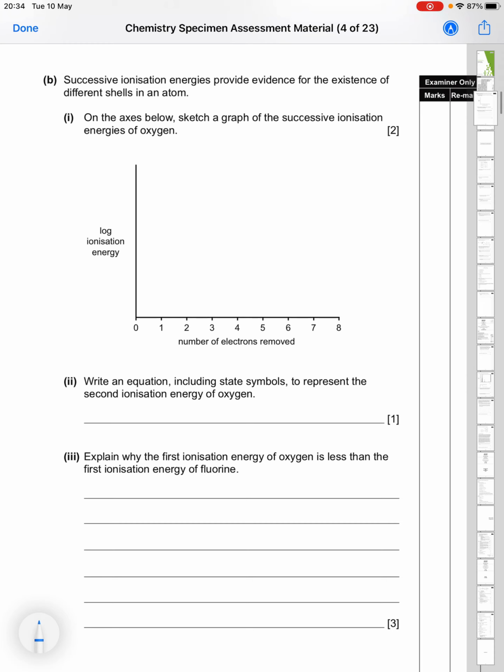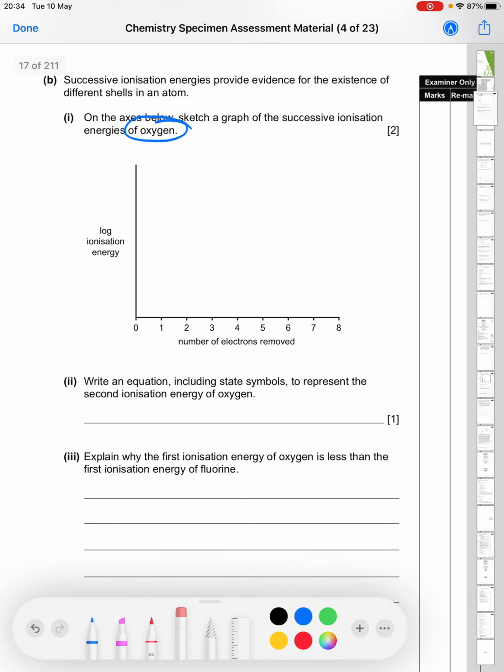The next bit is about ionisation energies. Successive ionisation energies provide evidence for the existence of different shells in an atom. On the axis below, sketch a graph of the successive ionisation energies of oxygen. So if you're not sure what group oxygen's in, you look it up. It's in group 6, and that tells you that the big jump is going to be between 6 and